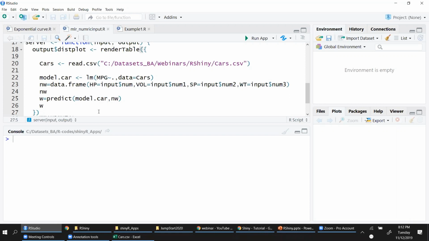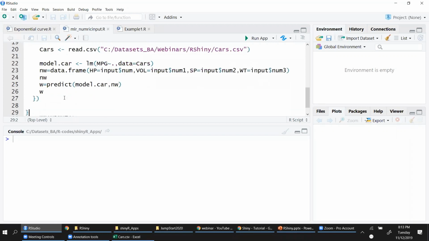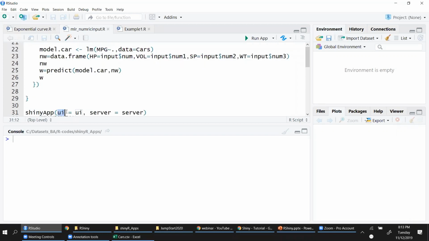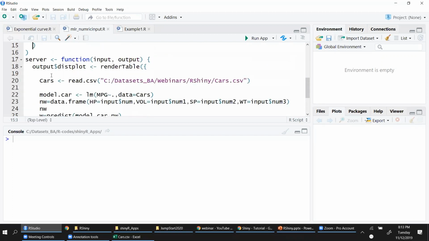So once you have developed your entire R code, once you have fixed on saying that, hey, this is my final model that I have to deploy to my clients, you have to use that code here and pass new data for prediction. That's it. And here I'm passing the UI part and server part, right? So I'm defining server here.